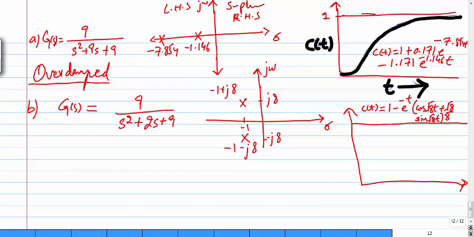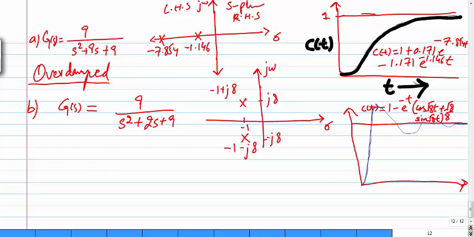So this means that there is some overshoot involved in it. Now it will start from here, give some overshoot and then try to settle. This is the response